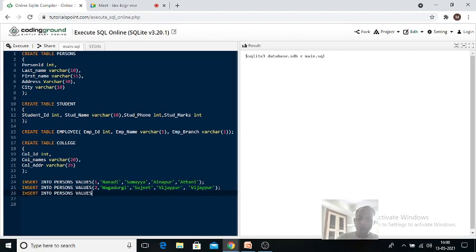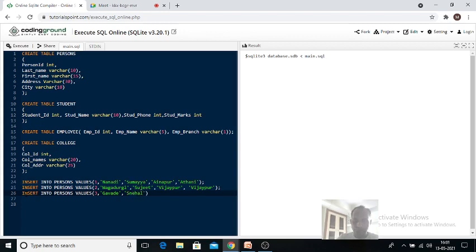Now insert one more value. Snehal. Yes, sir. Insert into persons, ID number 3. Single quote, Gavade, comma. Single quote, Snehal.